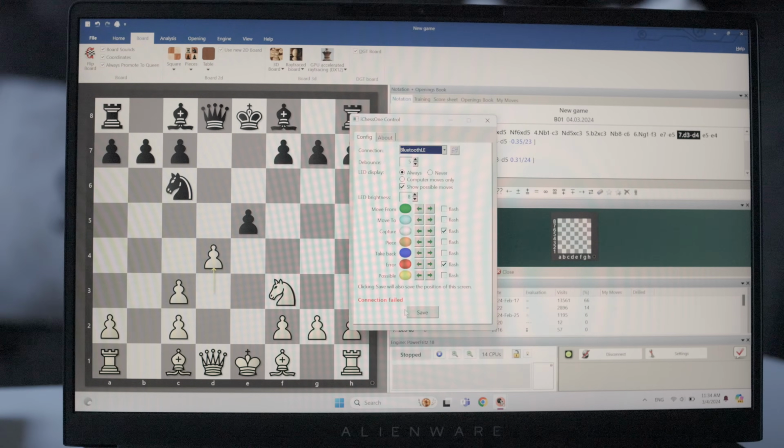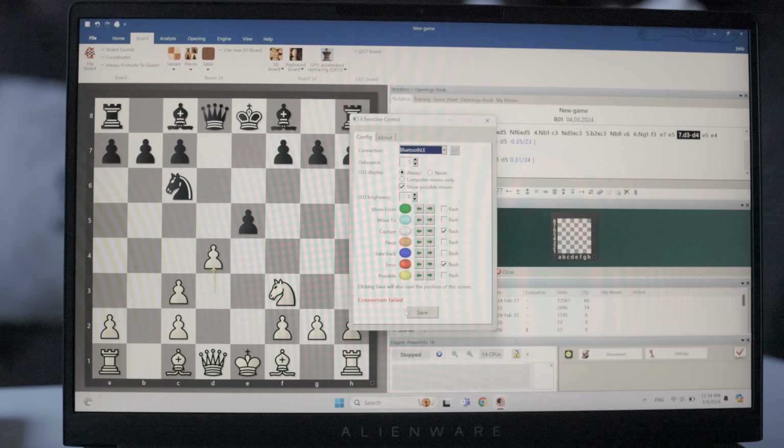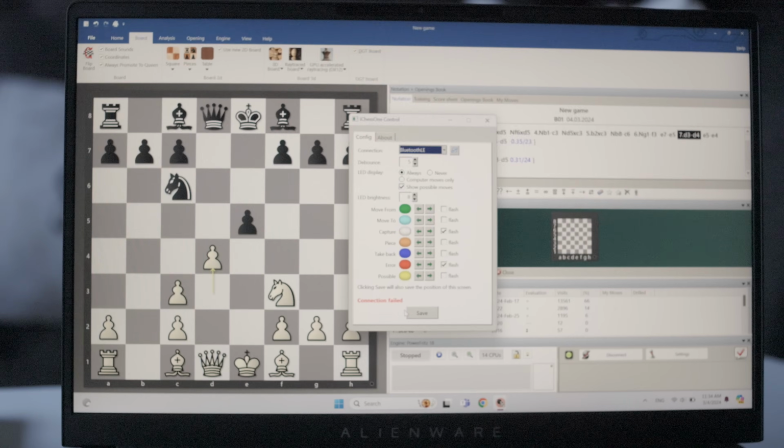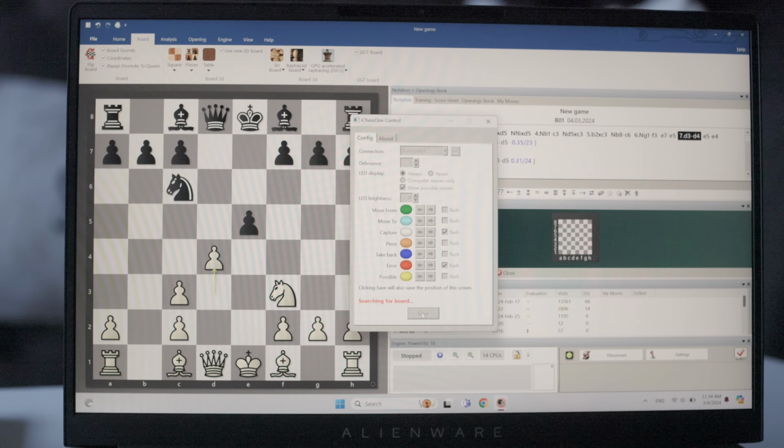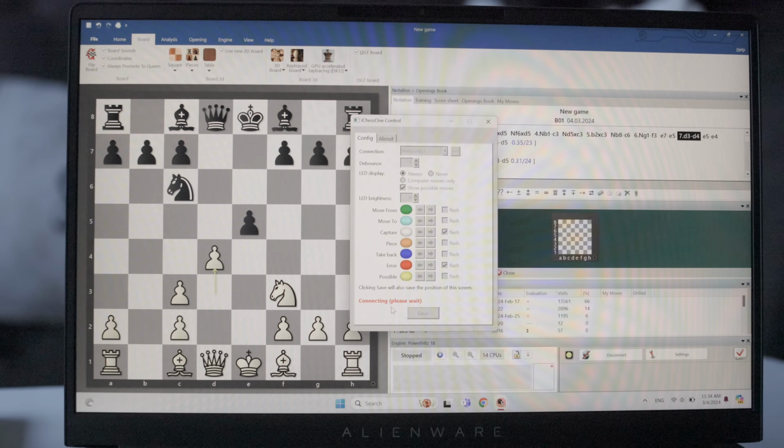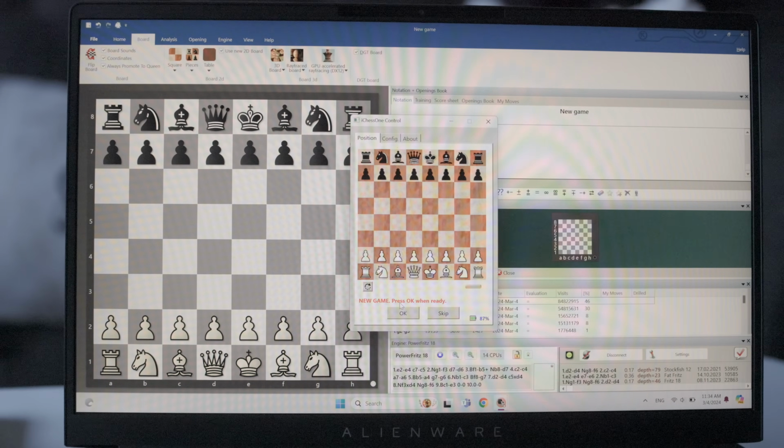And at this point, it says down here that it's searching for the board. I'm going to go ahead and turn the board on, and I've turned it on, and now it's in pairing mode. And I'm going to just go ahead and click save. And now it's connecting, and it has connected. The connection, as you can see, was very quick. It just says go ahead and put all your pieces in this particular configuration,